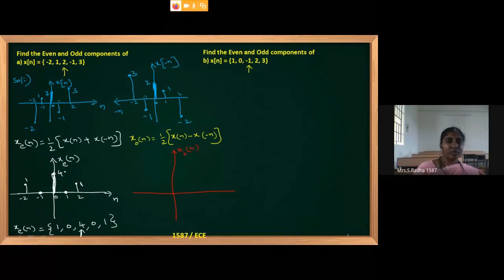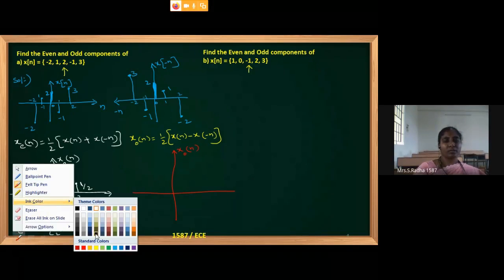So this is 4 by 2, 4 by 2, 1 by 2 and then 1 by 2. So the answer is 1 by 2, which means 0.5. Then 0, 4 by 2 means the value is 2. And the last element is 1 by 2, which means 0.5. In the formula I have half also, that I didn't include. That you have to tell me. You have to ask me doubt.